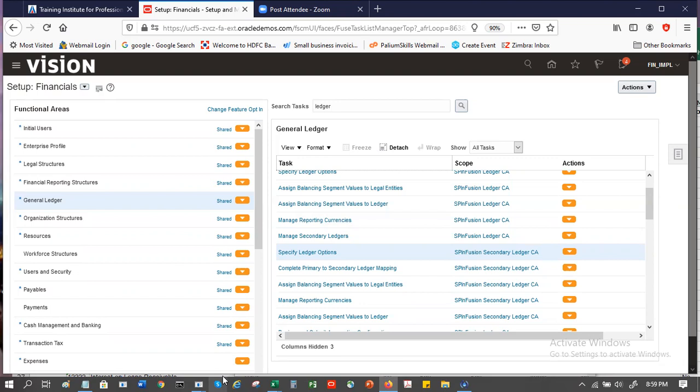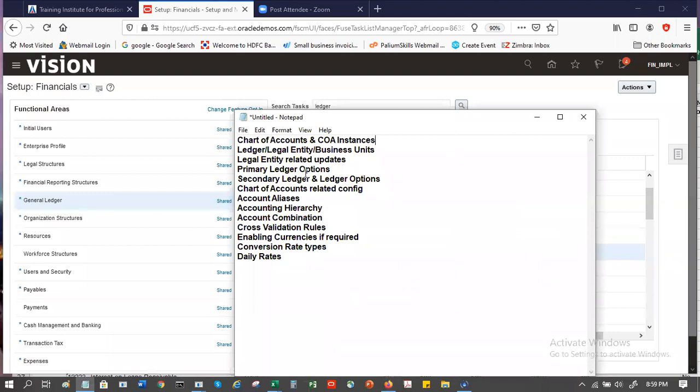Moving on, we have looked at the instances and all of that. We have startup accounts, all that. We can create a shorthand alias, an account alias.